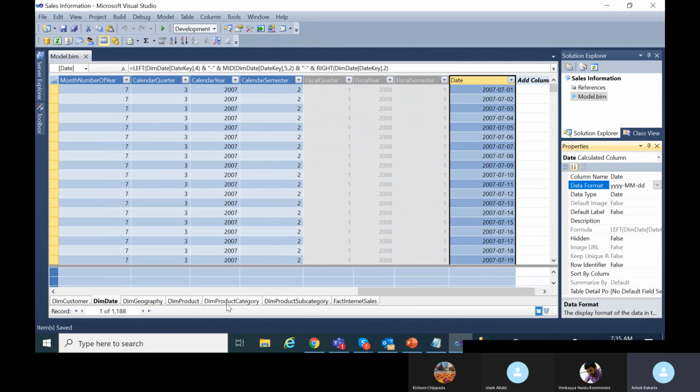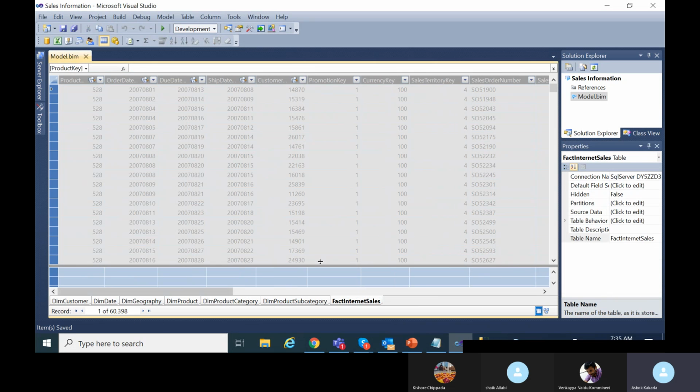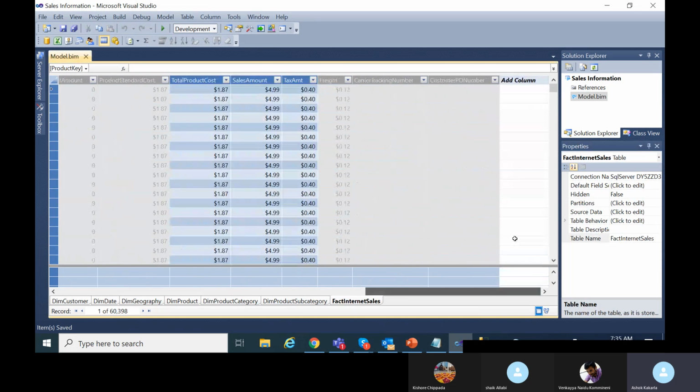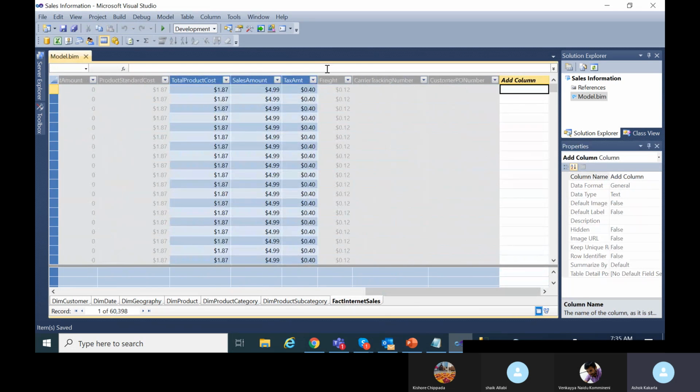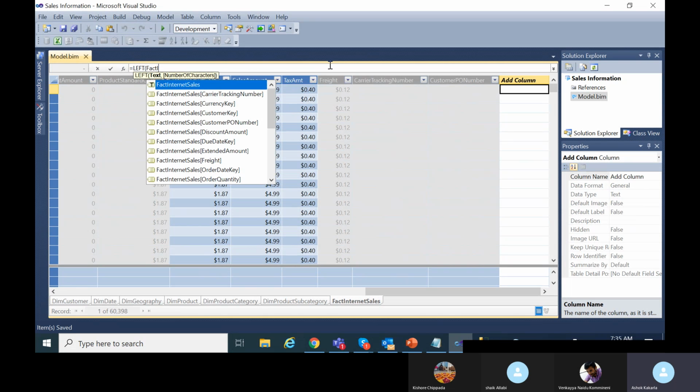So go back to the fact internet sales and create one more column, which is the order date. Let me create one particular column, which is called the order date. How can you create it? Whatever formula you have created, the same formula you have to create. So LEFT of fact internet sales of due date key. We have order date key there, right? So take the order date key,